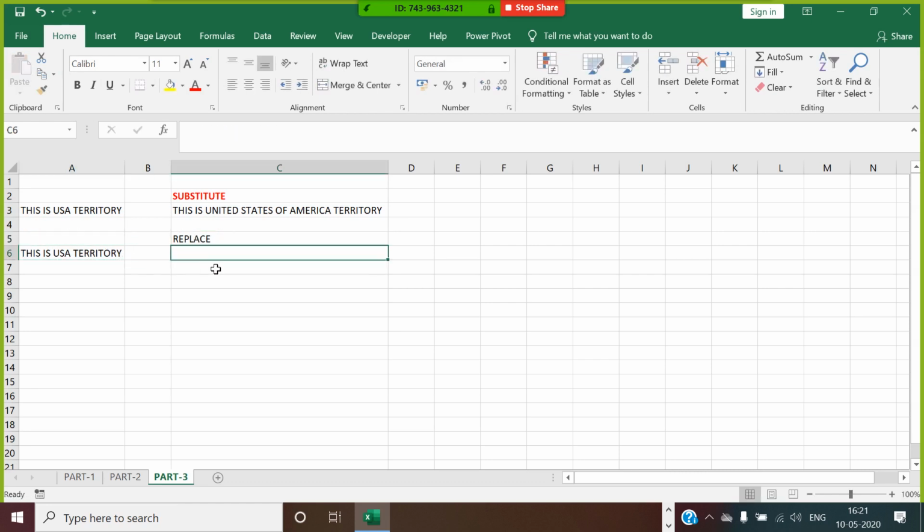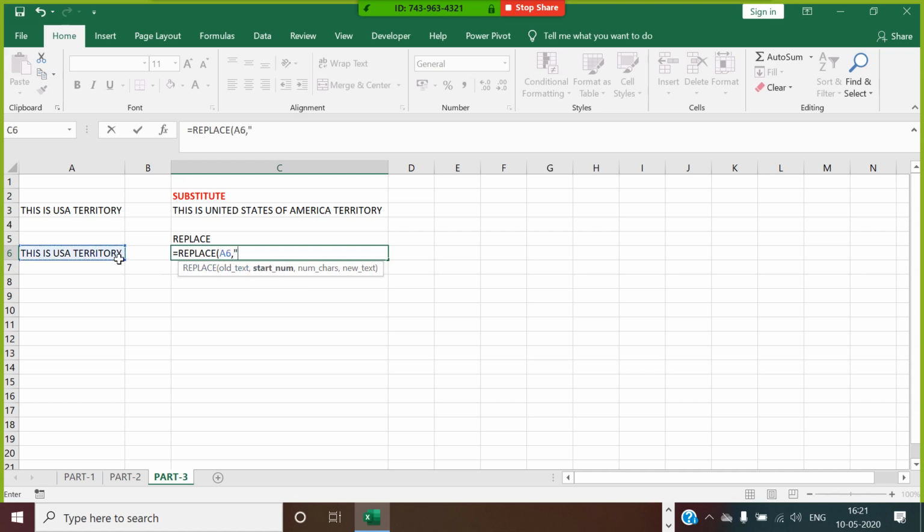So how will you use the replace function? You are using replace. What is the old text? It is USA. So where is the starting number? The old text in this case is going to be this.